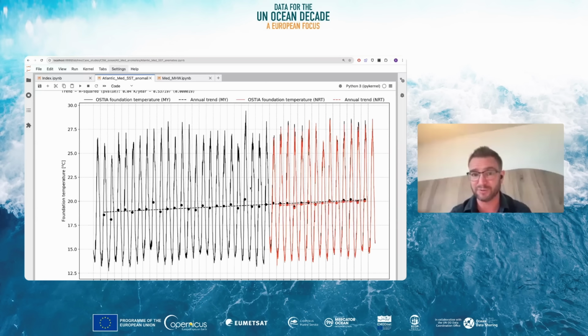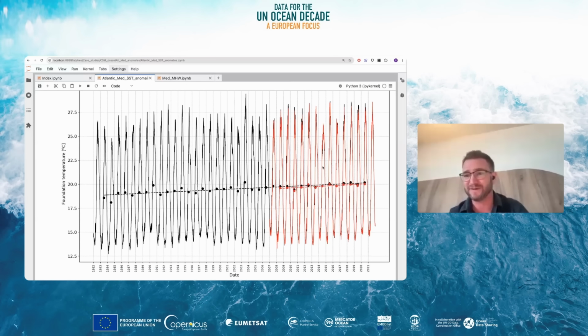kind of approach. There are products inside the Copernicus Marine Service that are suitable for both climatology definitions, mostly the multi-year products, the REP products, and those that will run right up to date, the NRT products. Okay, so it's a very short overview of SST and all its various different flavors and available data sets. Much more information in the notebook should you wish to probe further.